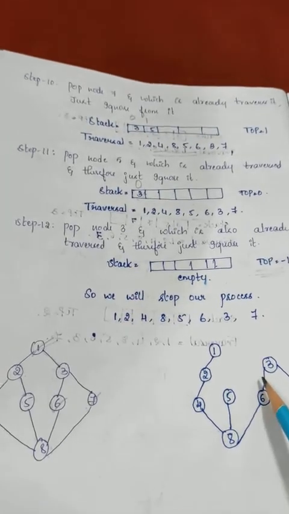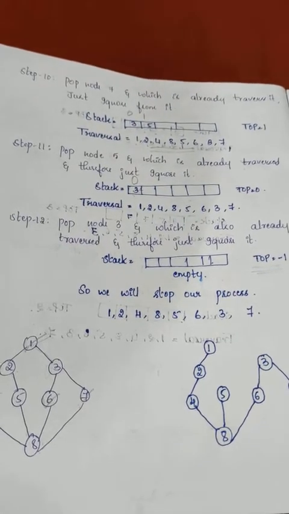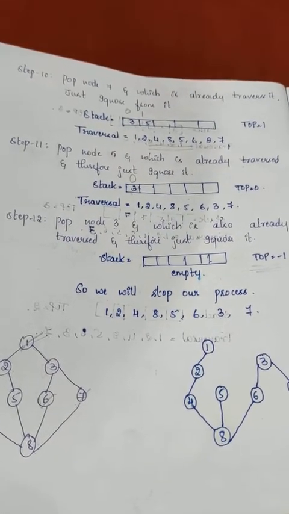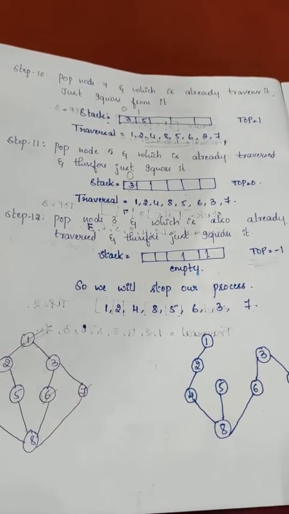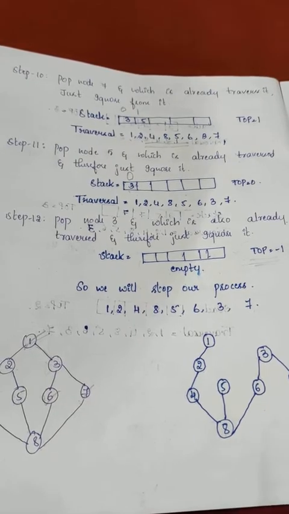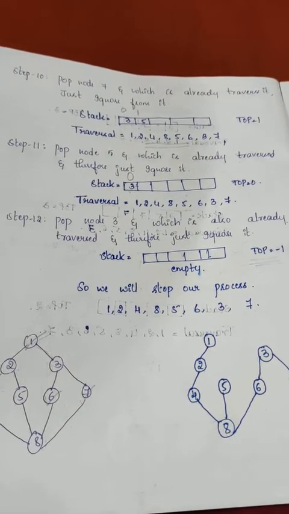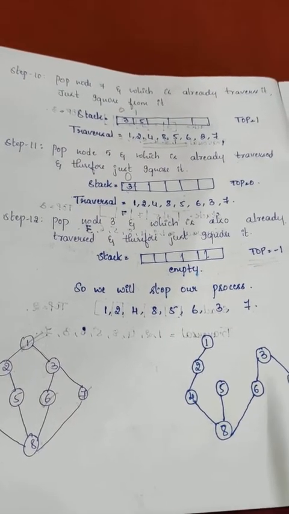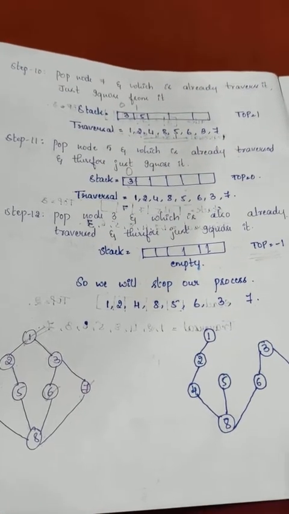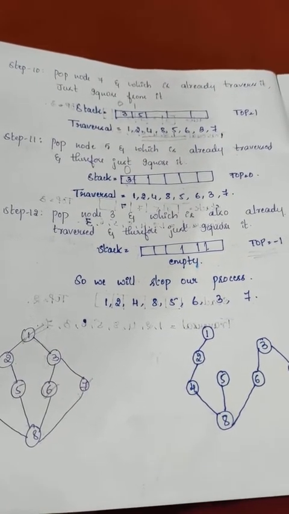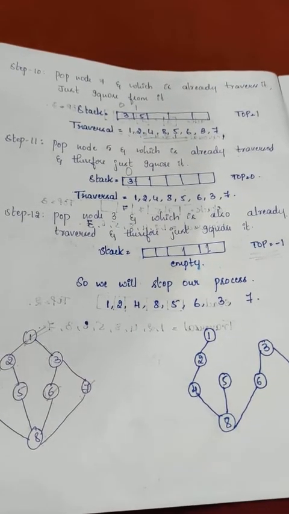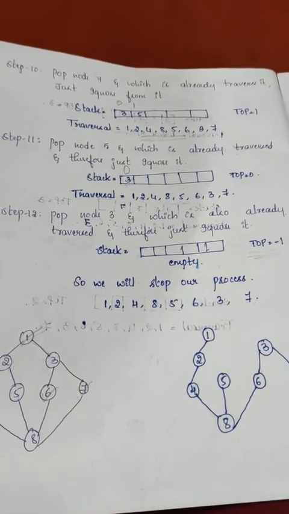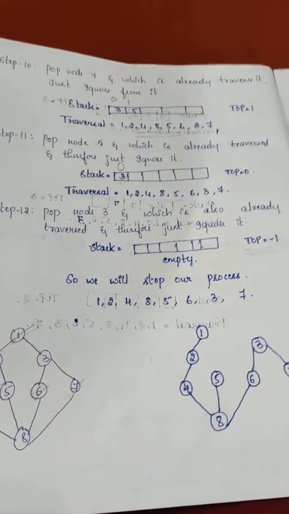Okay, one hint I'll give students. Pop the top element, and then check the places of the element you have popped. In that, check which places have been visited. Once it is visited, no need to traverse again. If it is already in the traversal, just ignore it from the stack. Or else you pop that element from the stack. So this is the concept for depth first search.